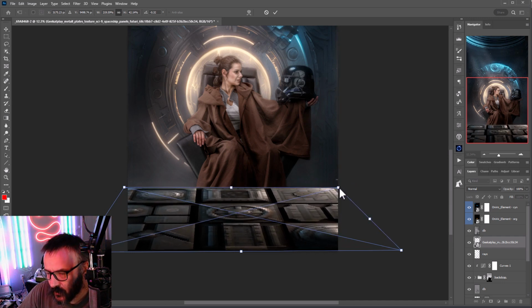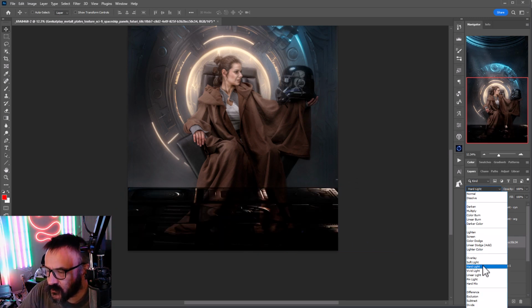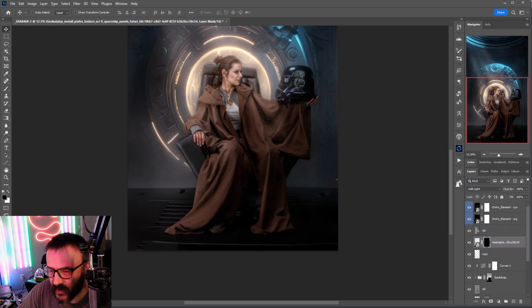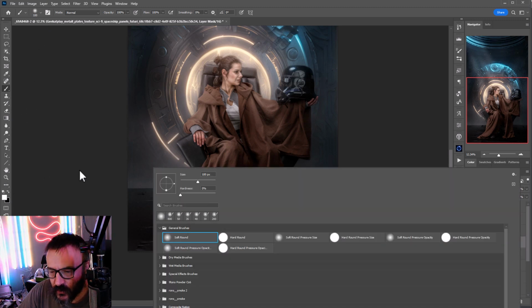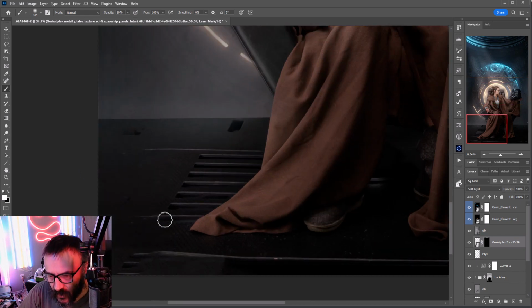Okay, now press enter. And we'll need to switch this mode to a soft light overlay. Yeah, soft light. Let's go with soft light. Okay, again, hold Alt or Option, click on a mask to hide. And we'll take our brush tool with a white color. Be sure it is soft round. Let's go 10% opacity. And we can brush in